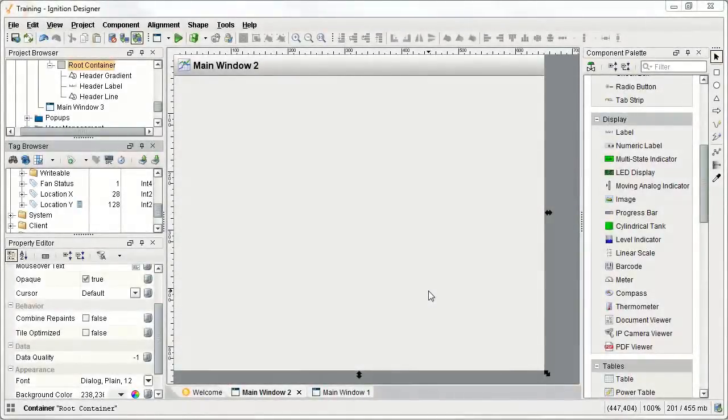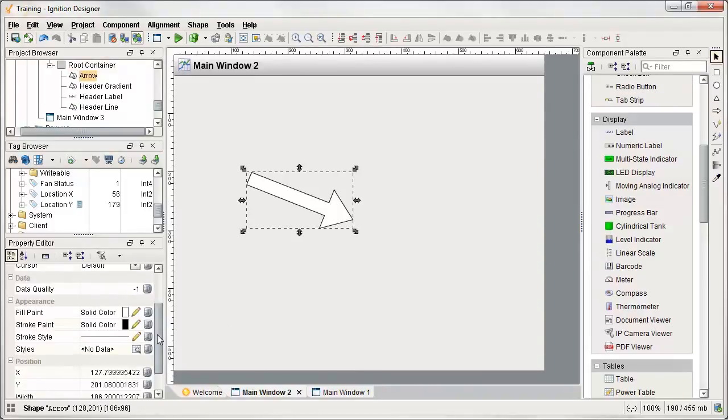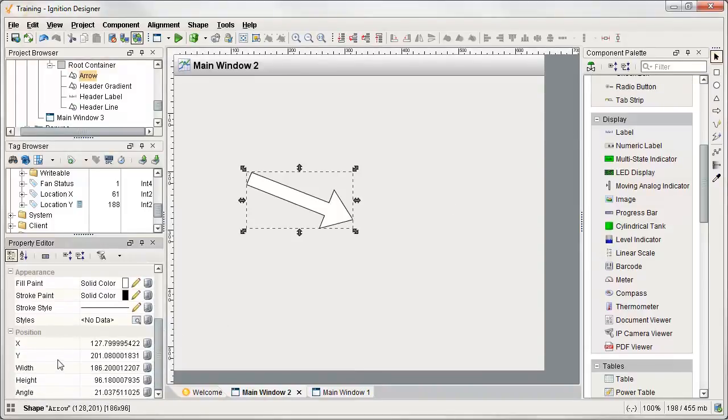It is easy to animate objects in Ignition by rotating them or changing the size and position dynamically. We typically do this with vector graphics. So let's say, for example, I draw an arrow on my screen. Any vector graphic has some properties down the bottom left that we can modify. We have an X, Y, width, height, and angle. The angle allows us to rotate it, we can change the width and height, and we can move that component